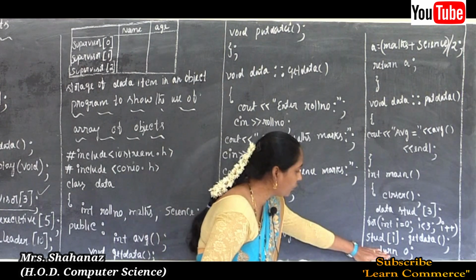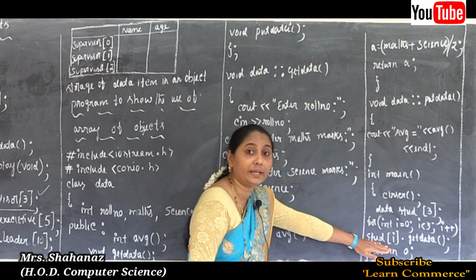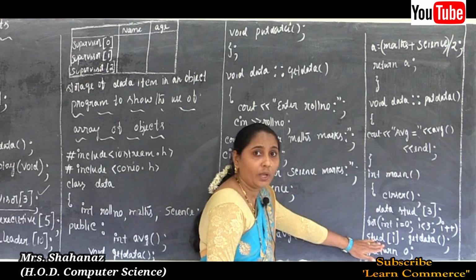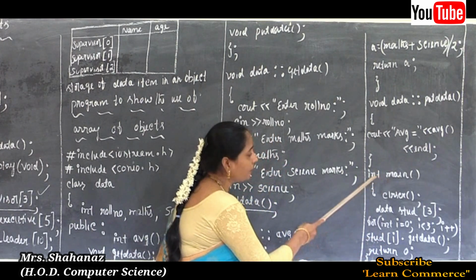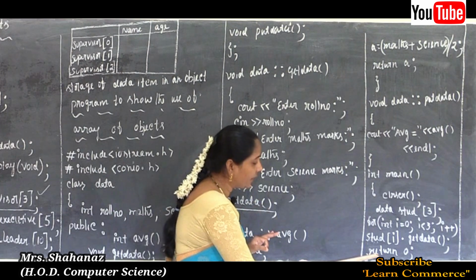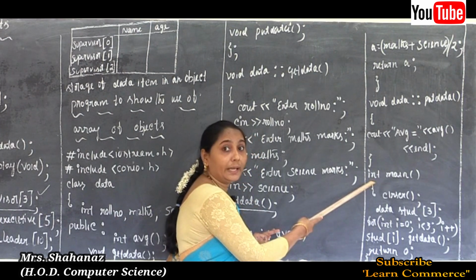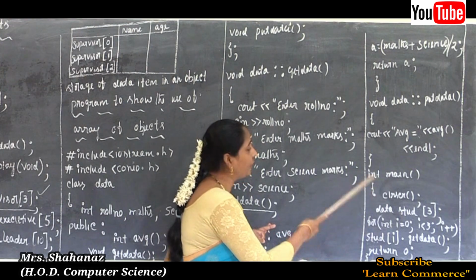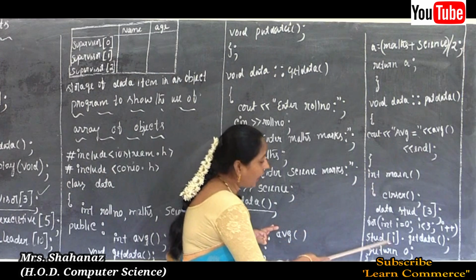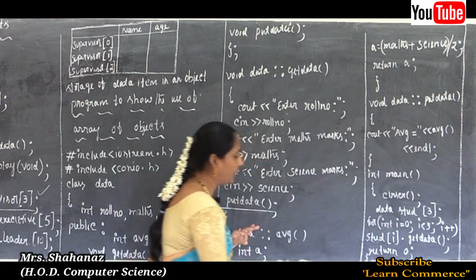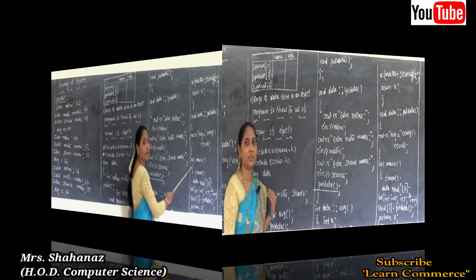If you want, you can use getch also before the return 0. If you don't want to, then it's also okay, but it's better to use getch before the return 0. Why? Because here I used return 0, since the main function is int. If you are using void, then no need to use return 0, but if the main function is int, after the getch we need to write return 0; and later the closing of the curly bracket.